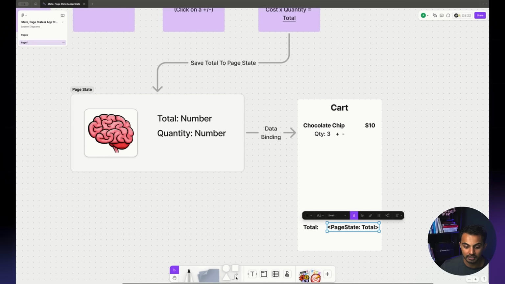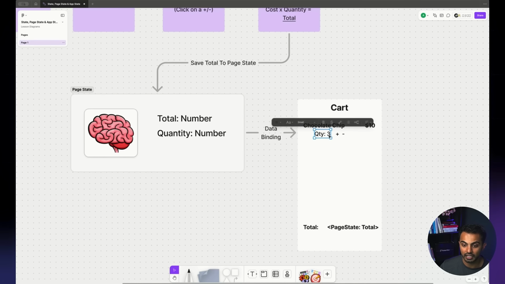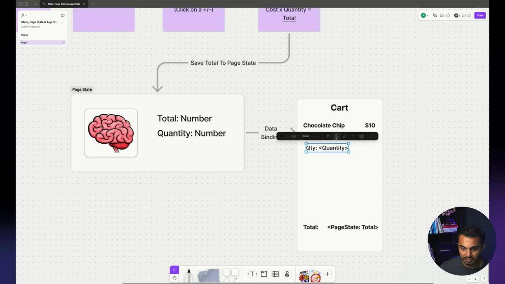So this number right here is going to be pulled from this, okay? And similarly, you guessed it, we're going to pull this quantity from this quantity number here too. That's high level how you get the point here. I'm going to just kind of keep it like that. We'll say quantity, but then I kind of gotta move this over here. So this is actually interesting because now you're seeing from an illustration how software development works.